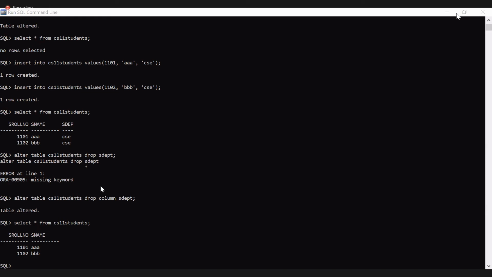Even in alter we have used 2 keywords: the add keyword for adding more attributes, and we dropped 1 column using the alter command. So these are the 3 commands in DDL.